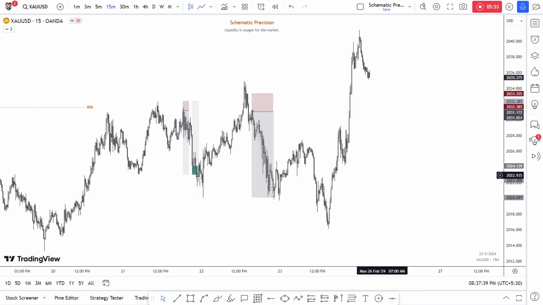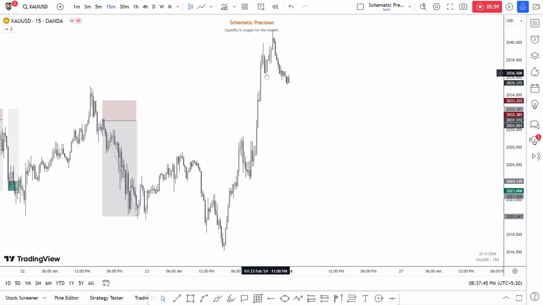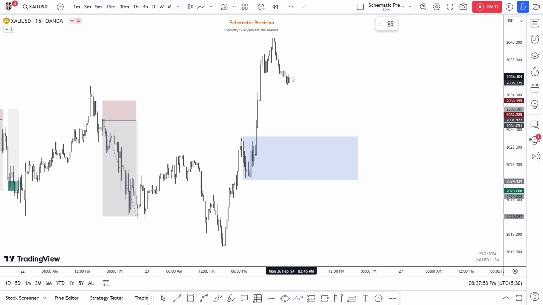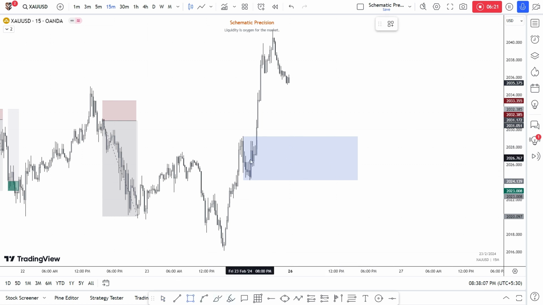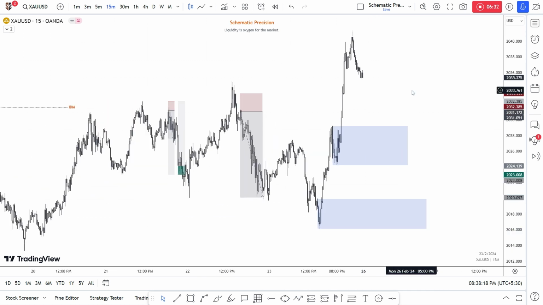Right. So this was the aggressive move we had, and we have taken this inducement here, and the next POI is this order flow, which I'm expecting market to come to, sorry, next week, to come down before again going higher. So this is our decisional, and I expect this to respect. And if it does not, then this is the extreme order flow. Price should respect before going higher.